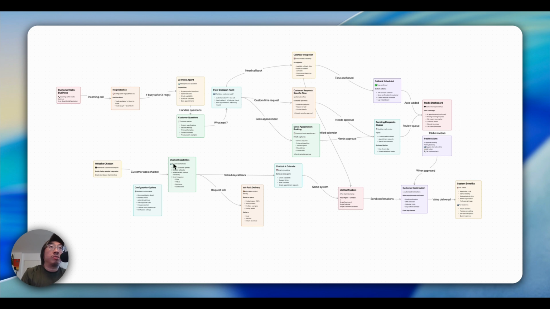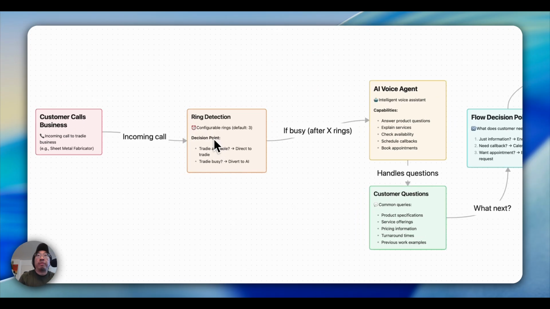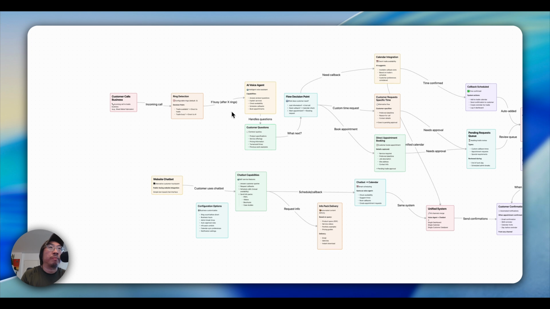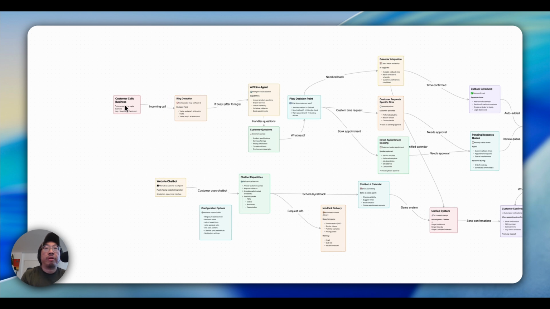Alright, so this is the flow for the AI voice agent touch point for the customer. When the customer calls the business and the tradie has not picked up the call for more than 3 rings, it diverts to the AI voice agent. We have a ring detection here. You can configure, as a business owner, how many rings you want before it diverts to the AI voice agent. So there's 2 main flows in this customer interaction flow diagram, but essentially this top part is the AI